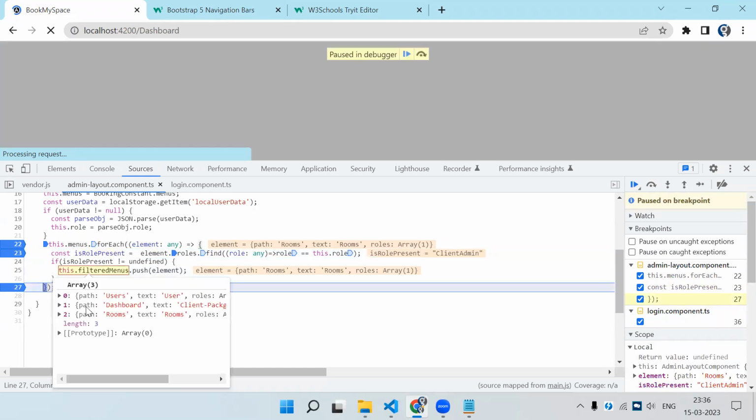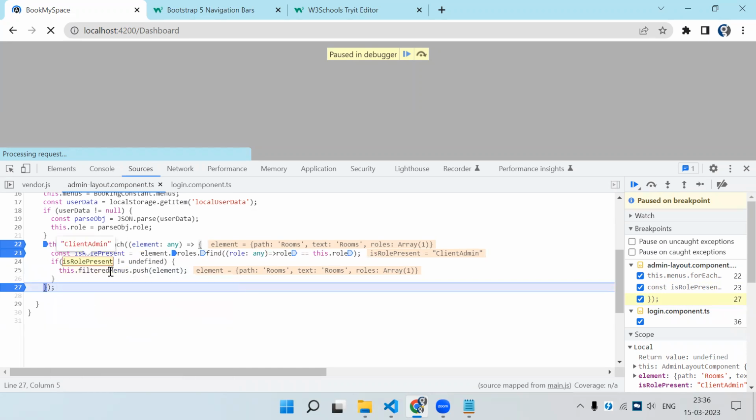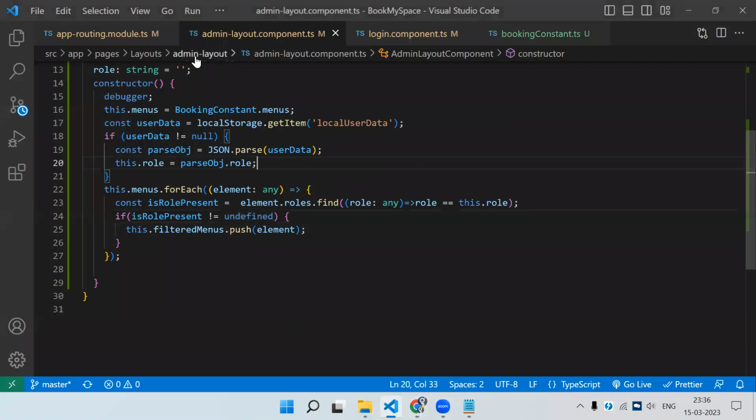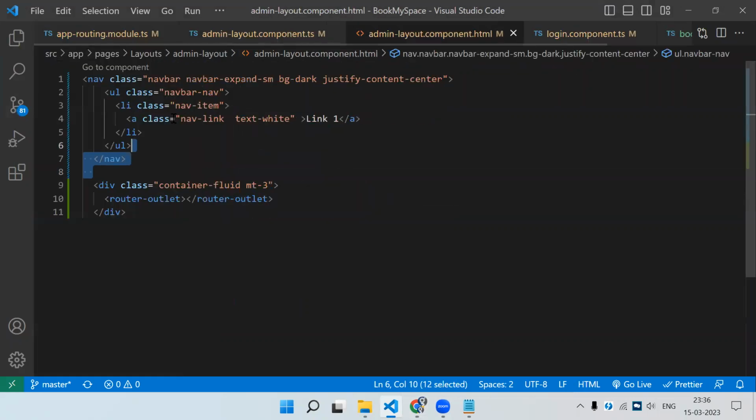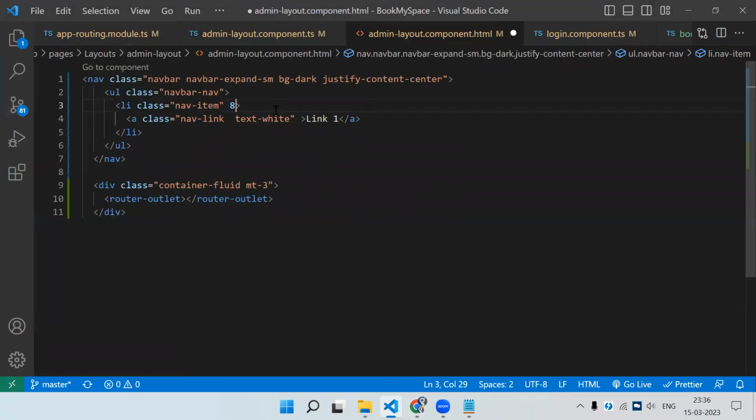Now in the filtered menu you can see these are the roles which are supported for the client admin, only 3 rows. Now we are just going to use the for loop on the HTML part, on the li item. So *ngFor